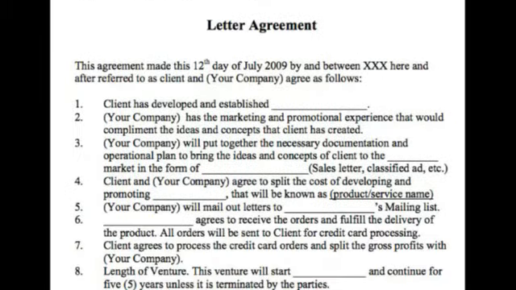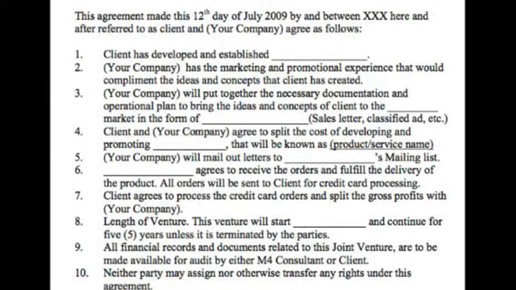So we have this letter agreement. Okay. So this happens a lot with joint ventures. And what happens, and this happened to me earlier this week, is that business people who are not lawyers get together and decide to do some kind of joint venture. And so they exchange things that may be called letter agreements, term sheets, or good faith agreements. And really, what these are is the business person's terms of the agreement.